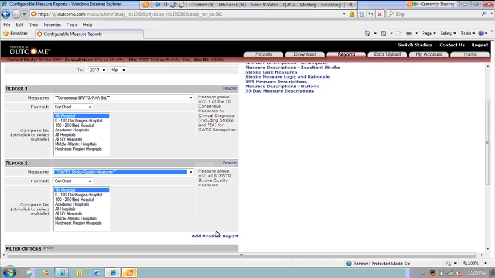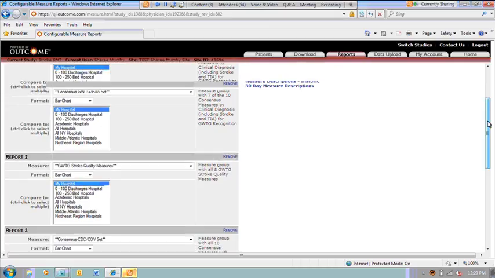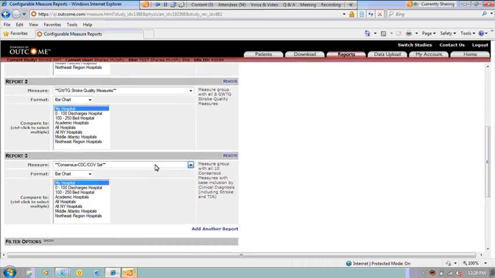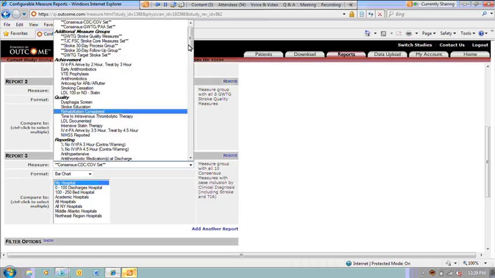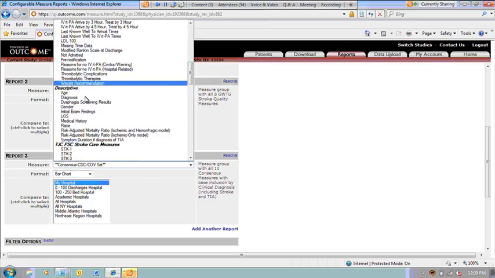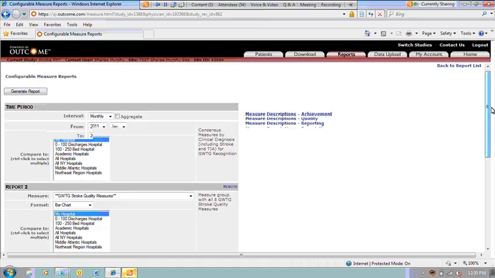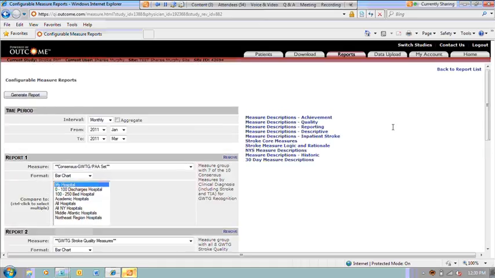And there's one more measure that I'm going to add. Whenever I'm running a report to look at my performance, I always like to run the diagnosis report, which is found underneath your descriptive measures. The reason I like to run that is because it allows me to think critically about the measure results that I get for each of the measures.